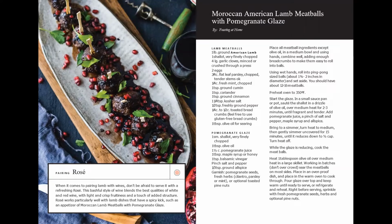And so with this recipe, what worked well, similar to the Zinfandel, is having a little bit of a fruit component included in the recipe. So this is Moroccan American lamb meatballs with pomegranate glaze. And two things are really great with rosé about this dish. The first is that fruit component, like I told you. So the fruitiness of the rosé is going to be beautiful with the fruitiness of this pomegranate glaze